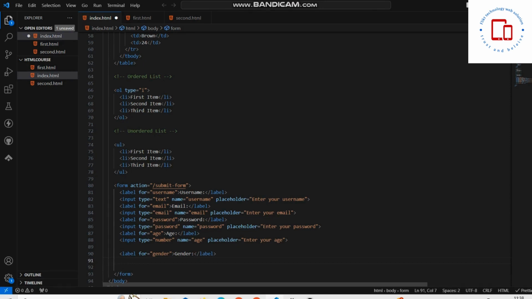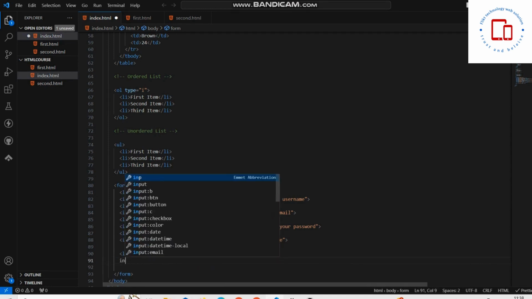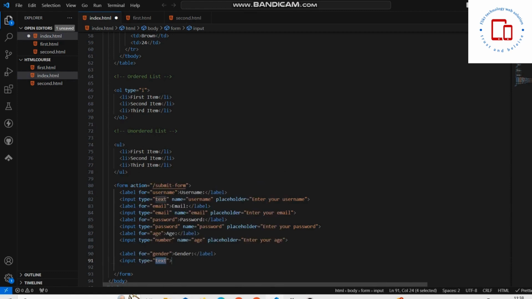Inside the label I want to give an input, and I want to change the type as radio,